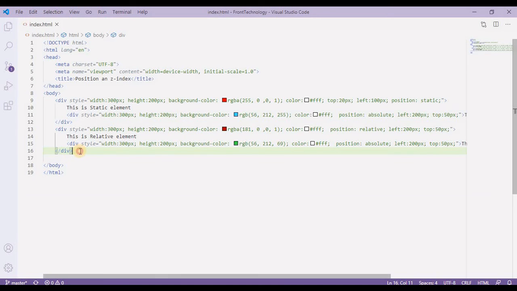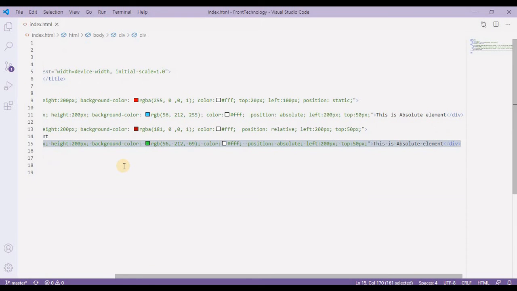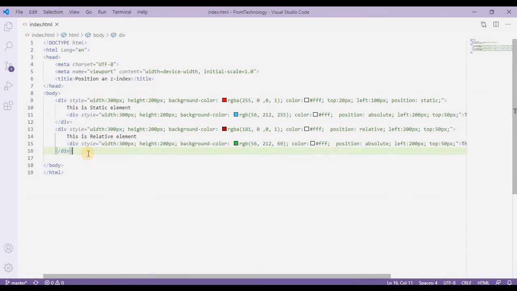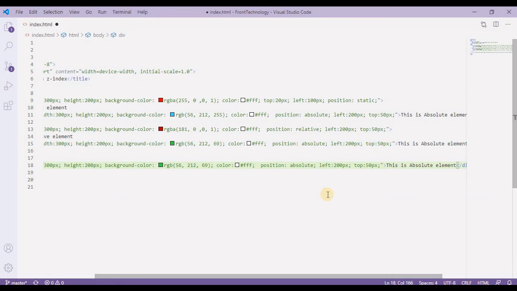Now there is another kind of div which is the fixed position element. So I'll copy this line of code and provide over here, and this is going to be a fixed element. And as I said earlier, fixed element always behaves from the viewport. So let's check if it is working the same or not. And this time I'll change the background to totally dark, which is black for the moment.